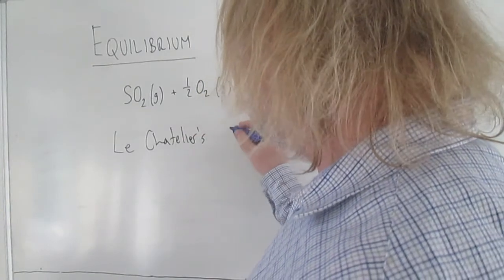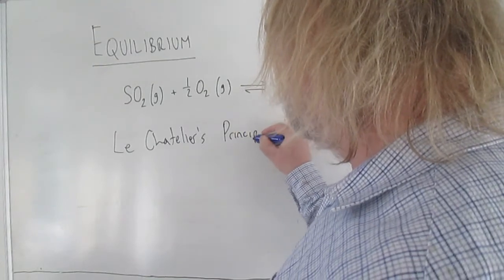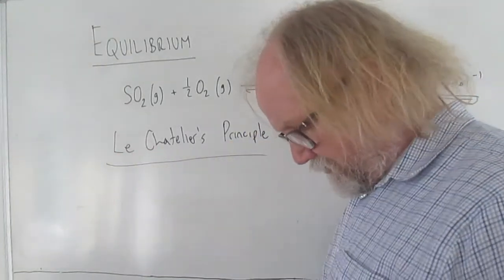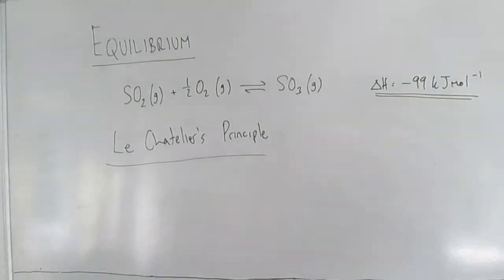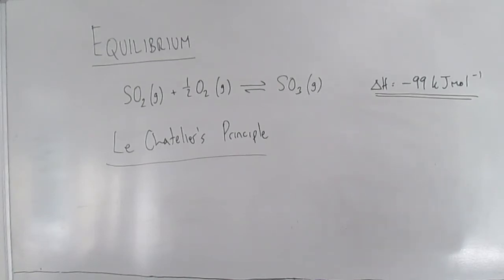So Le Chatelier was a French chemist in the 19th century, and he was interested in all kinds of things. His abiding passion was that he was fascinated by the setting of concrete, and he devoted the greater part of his career to understanding that. But he also did a load of other things, and one of the things he did was to look at this idea of equilibrium moving to different positions, in other words, changing the amounts of stuff in an equilibrium when you change the conditions. And he noticed something which turns out pretty much always to be true, which is that